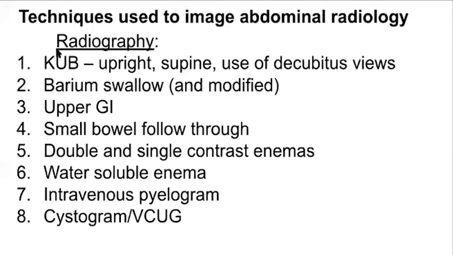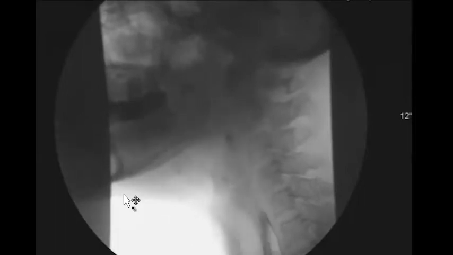We're going to review barium swallow and modified barium swallow. Barium swallow is used to assess patients' swallowing capabilities using barium, which is a type of contrast agent. This is an example of a modified barium swallow, MBS. This is used to assess patients' swallowing mechanism and determine if they can safely eat and drink various consistency of